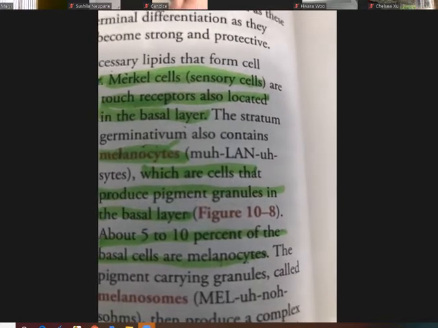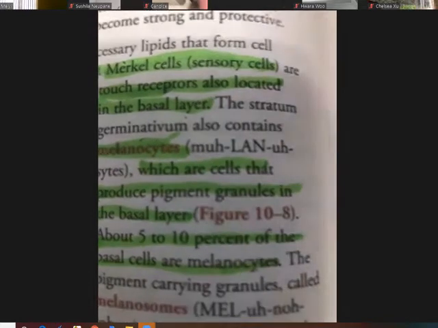Do you understand? Let me just translate it for you. Melanocytes